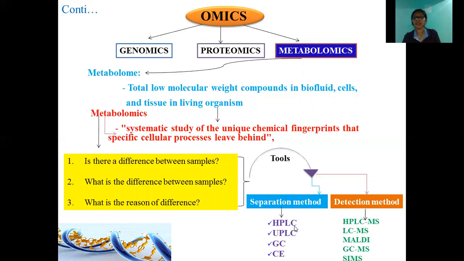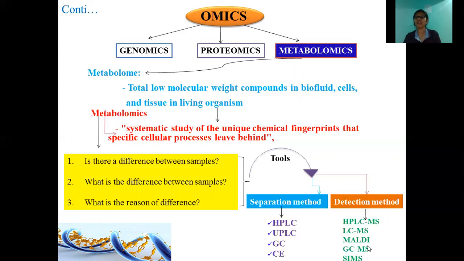Certain techniques are used, which include HPLC, UPLC, and GC, that is capillary electrophoresis, gas chromatography, and high performance liquid chromatography, etc. To detect a particular compound, various detection methods are also available. This means the separation method is provided with an extension, so you can automatically detect your targeted compound. Here HPLC-MS, LC-MS, GC-MS, MALDI with TOF extension will be helpful in the identification of such compounds, and SIMS.